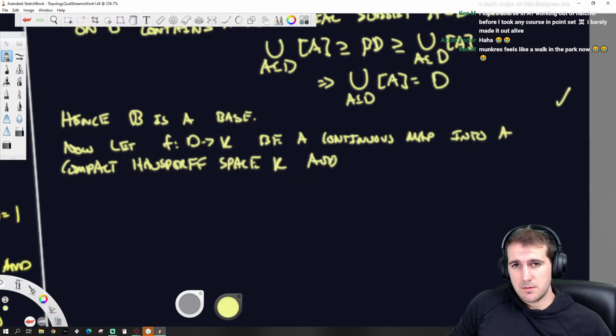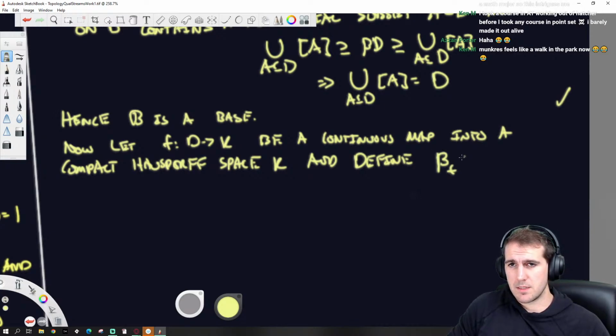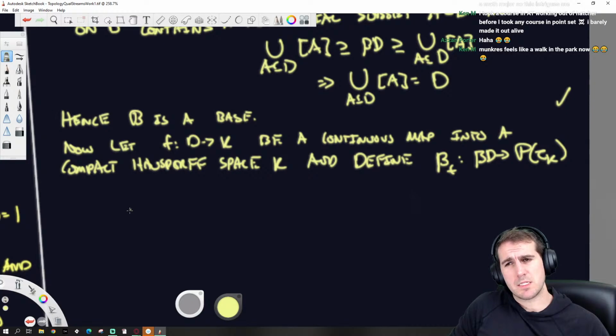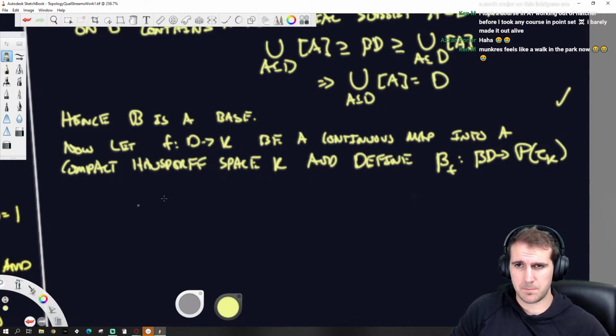And define beta sub little f as a map from beta D onto the power set of the topology of K. Is that what I want? Yes, because it's subsets of, yes, because I want to send an ultrafilter to another ultrafilter, essentially. So beta f of beta D to the power set of the topology on K